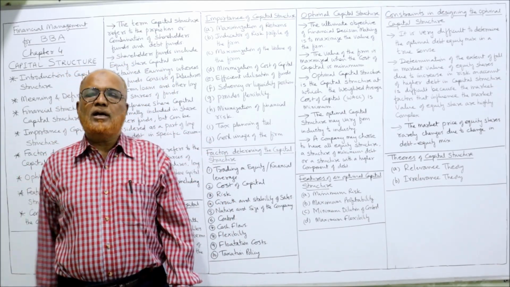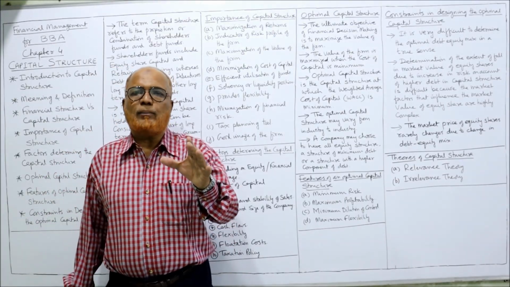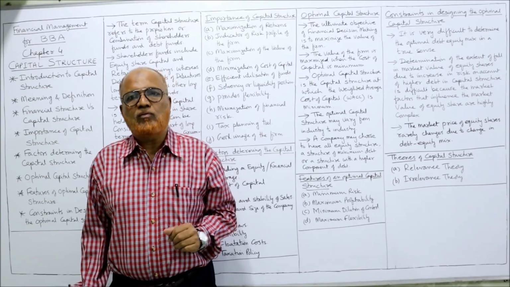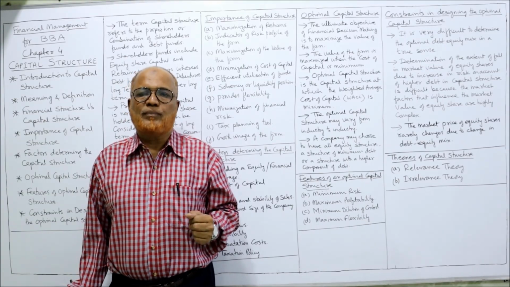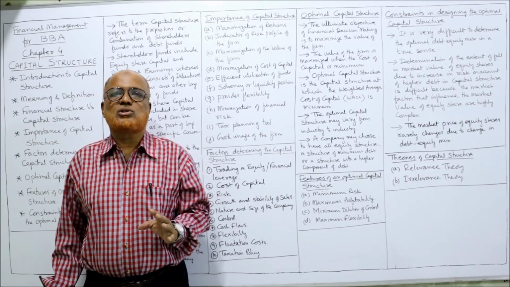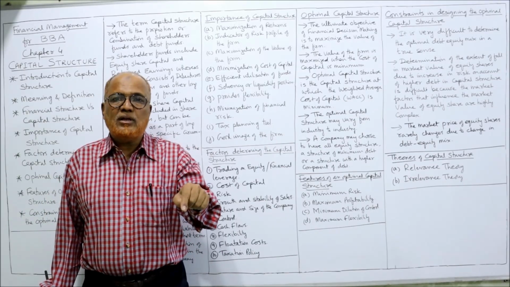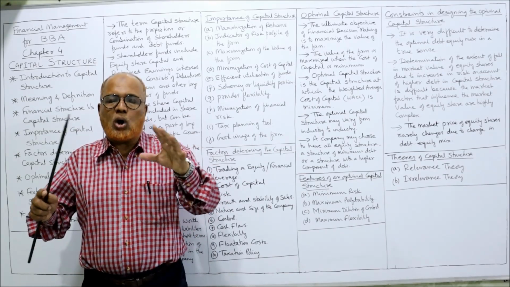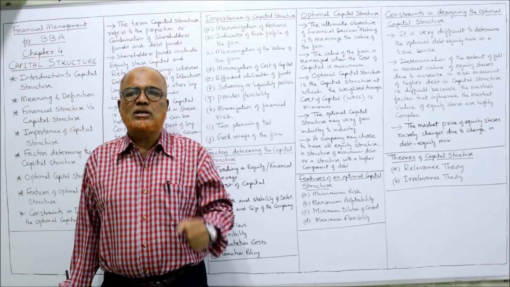Then solvency or liquidity position. If there is no proper control on the capital structure, if there is unplanned capital structure, then what will happen? The interest to be paid is a compulsory obligation. Whether the business earns more profit or incurs loss, interest has to be paid. This will affect the liquidity and solvency of the business. So if we keep a proper capital structure, optimum capital structure, we can maintain the liquidity and